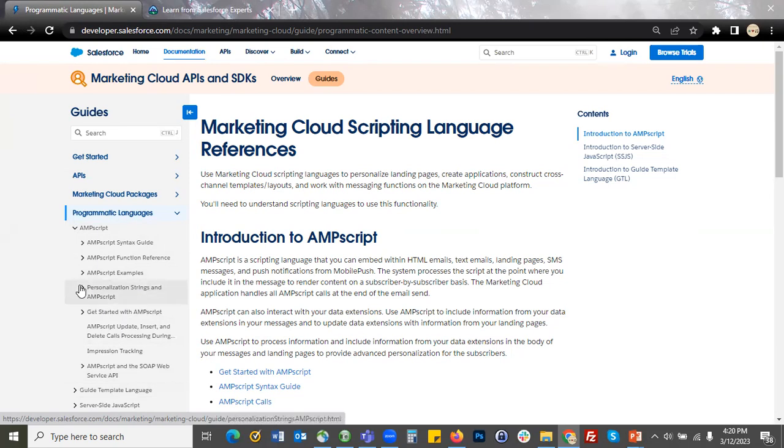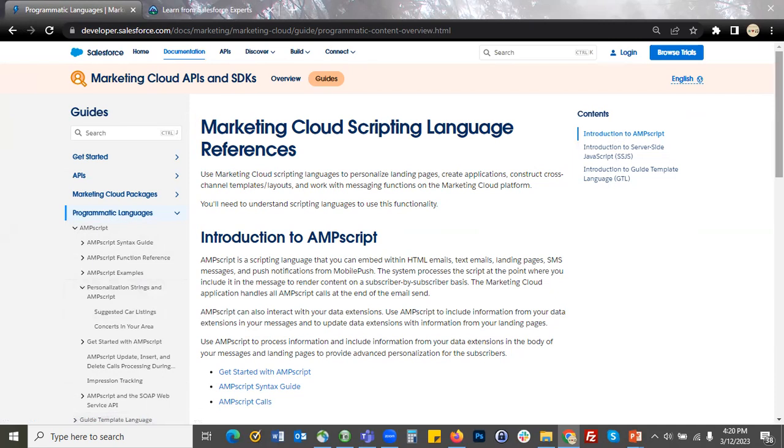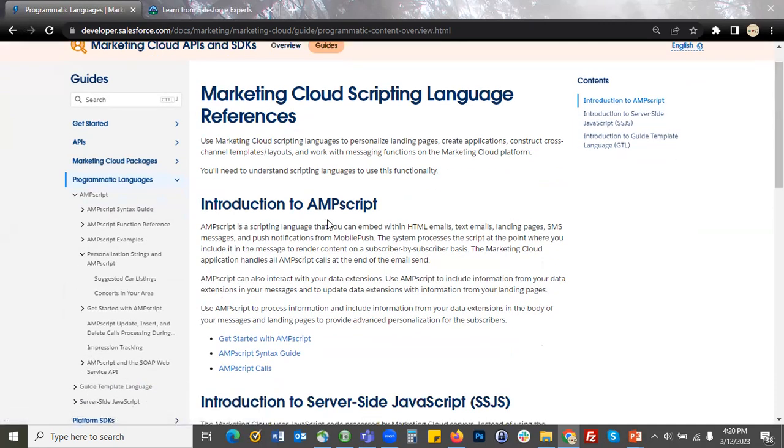The main concept here is you need to understand personalization strings and AMPscript. What is the difference between a personalization string and AMPscript? There is a very minute difference between both of them. So you need to understand, and use it based on your usage. Whenever you need a personalization string, only then use it, and whenever you want to use AMPscript, you can use it.